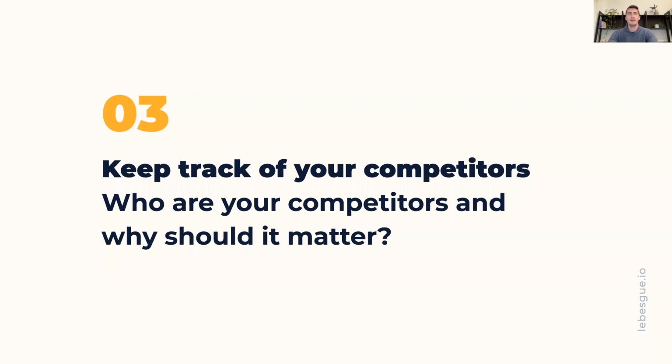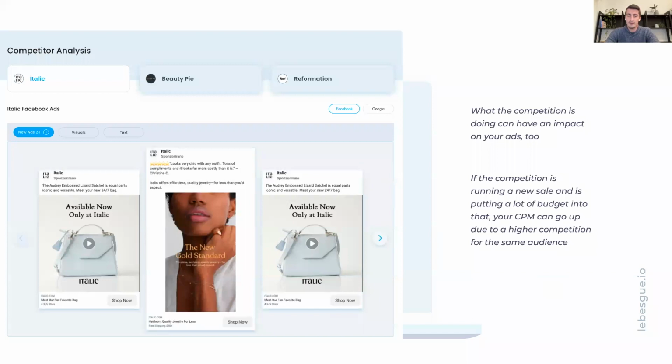And just one final, actually not the final thing, but advice number 3 is to keep track of your competitors. So you want to know what your competition is doing because it can affect your store in several different ways. So that's why we also have a competitors analysis feature in the Lebeg app as well, where we're allowing businesses to track up to 3 competitors